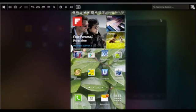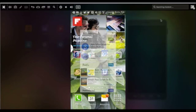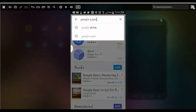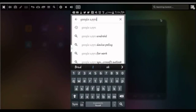Okay, so we are now on our Android device, and this is an example of how you would access your apps. The first thing that you want to do is go to the Play Store. It's in the shape of the triangle and the bag. So you go to your Play Store, and then to get all of the Google apps that I just talked about, you're just going to type in Google Apps or Google Drive. It's easier if you just type in just Google Drive. So I'm going to type in Google Drive,